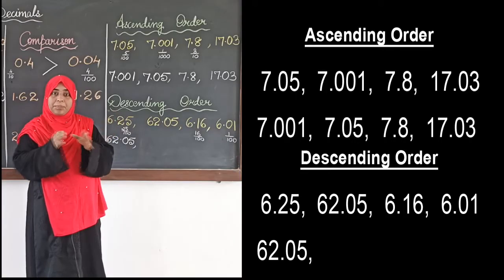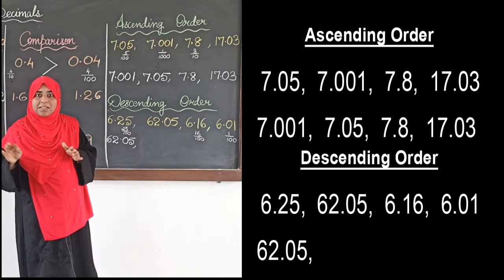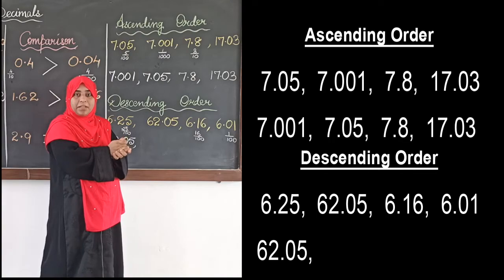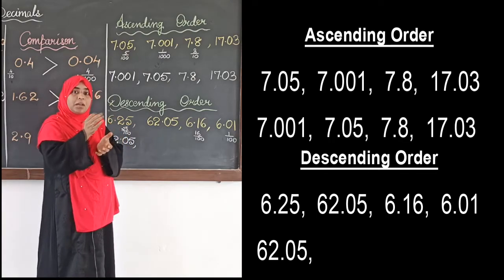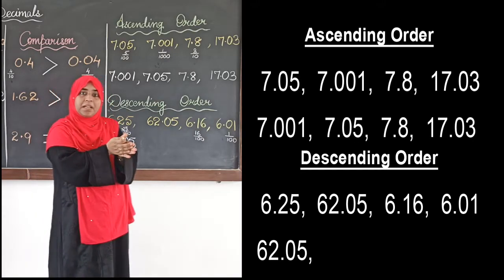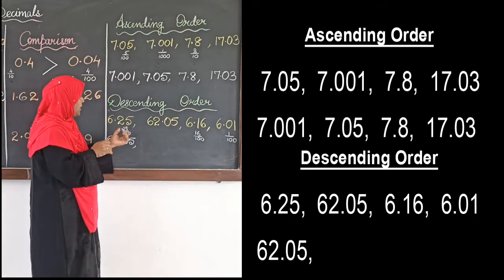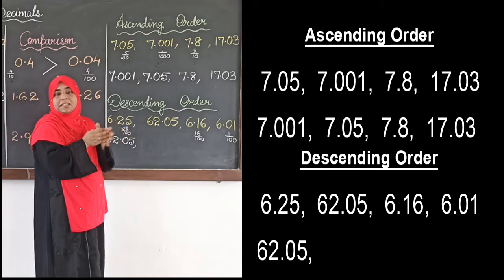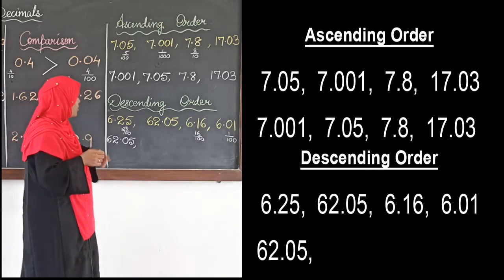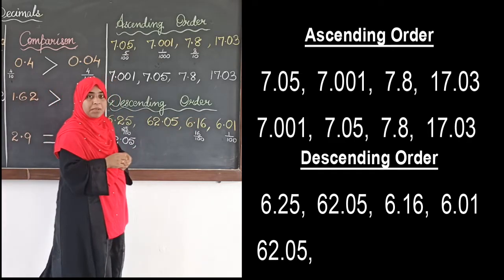Denominators are the same, the total parts made are the same. Just imagine 3 apples, all the 3 apples, 100 parts are made. So which one do you think will be more in value? If I take 25 out of 100, 16 out of 100 or 1 out of 100, there are 25 pieces if I have taken out of 100, 16 pieces if I am taking or 1 piece I have taken. So which one will be more in value? Definitely 25 out of 100. If I take 25 pieces from 100, it will be more in quantity compared to 16 or 1, right. So 6.25 is greater in value compared to the other 2 decimal numbers that we have.